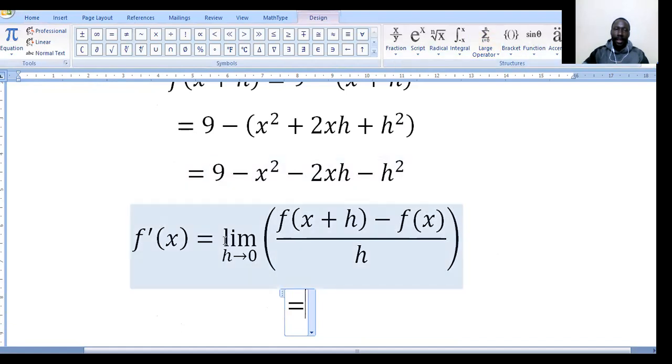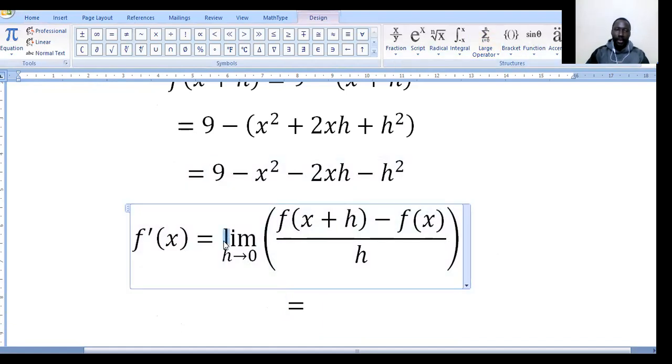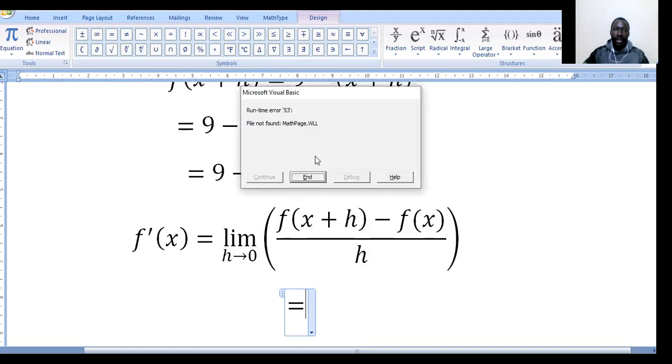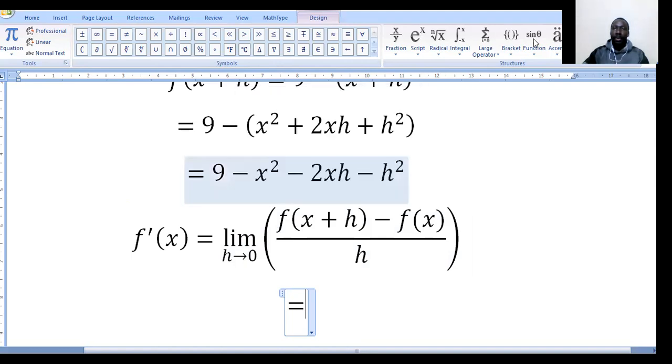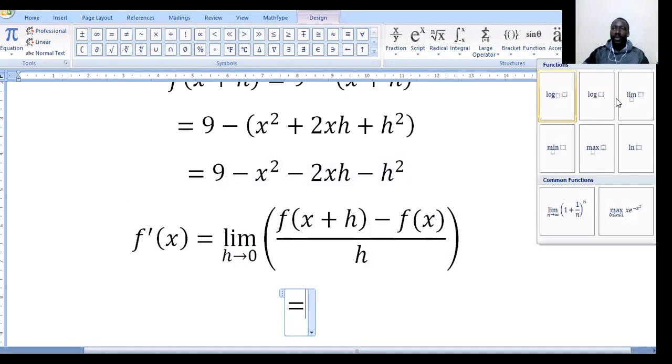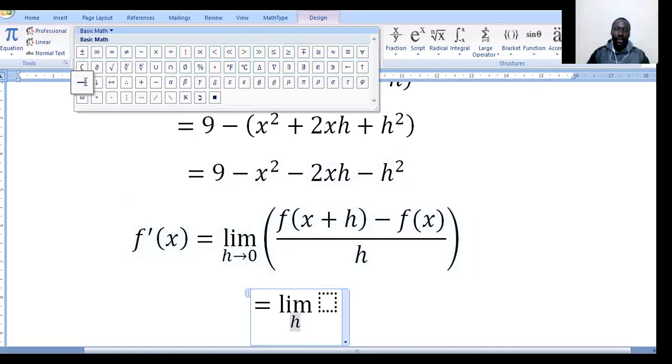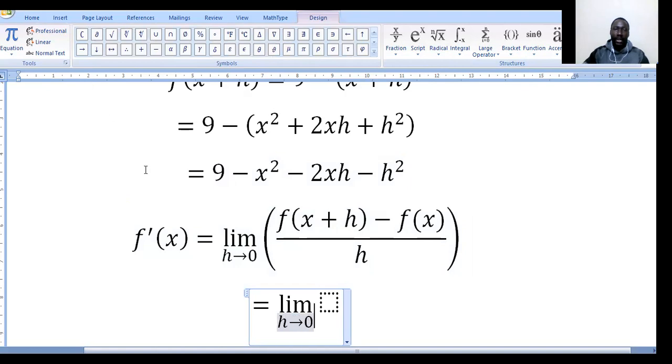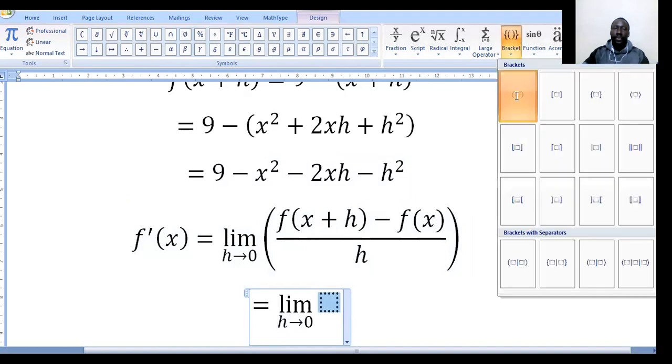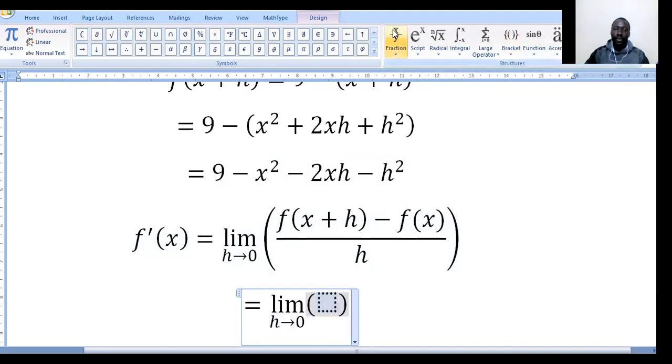So we'll be putting the limit as h approaches 0, or as h tends to 0, or as h gets closer and closer to 0, of the expression